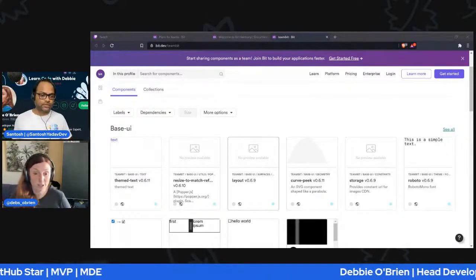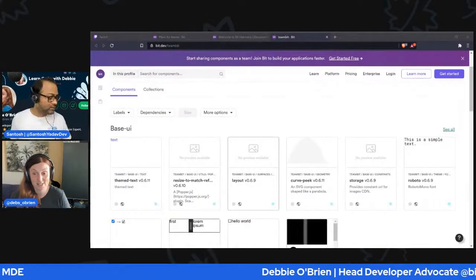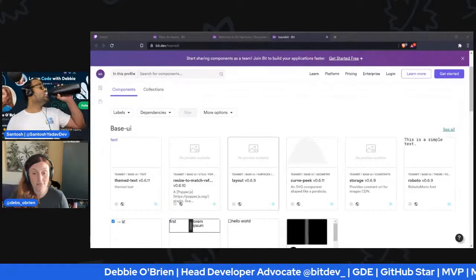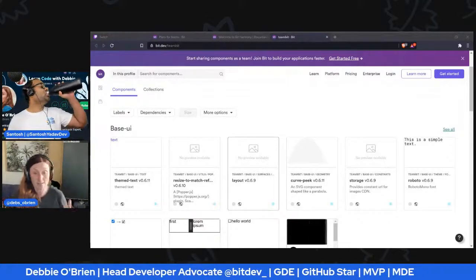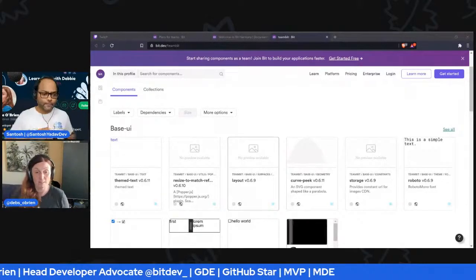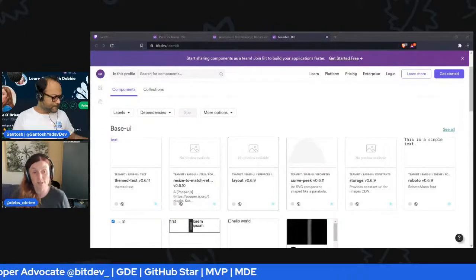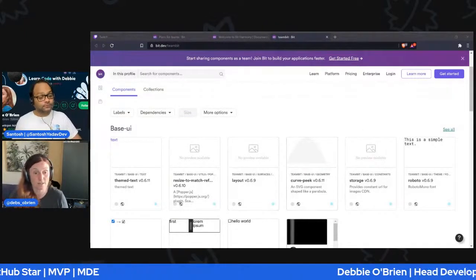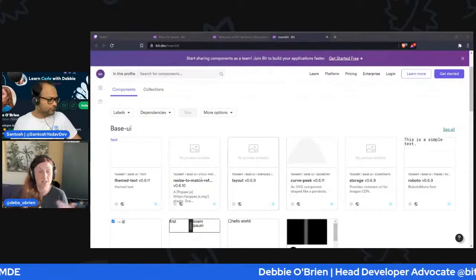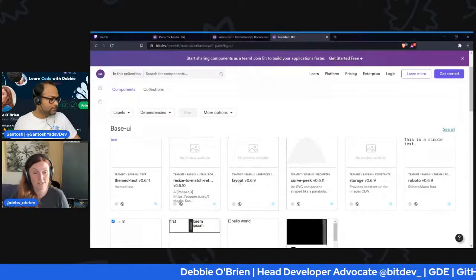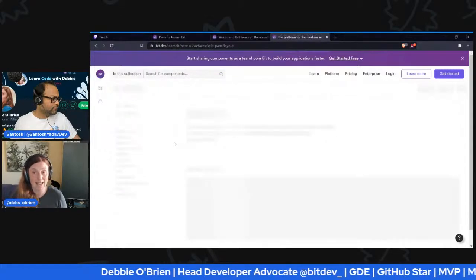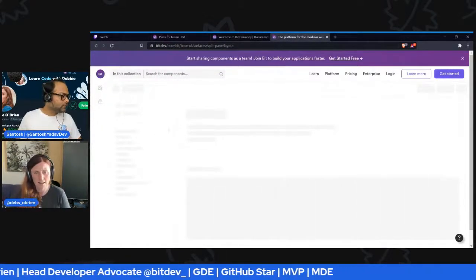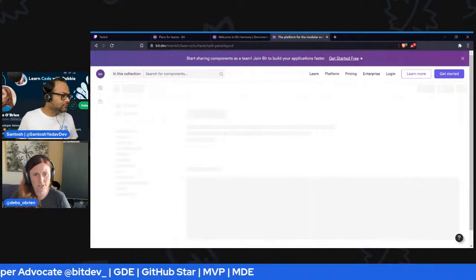Yeah, so you can actually use these components without even using Bit. Bit is for building components, but maybe you have a Create React app and you just want to consume a component, and consuming a component is just installing it like you would if you went to NPM and got a package, the same thing. So you don't even have to do Bit install, because you would be using NPM to install it. So yeah, just open up one of those components and I'll quickly show you.